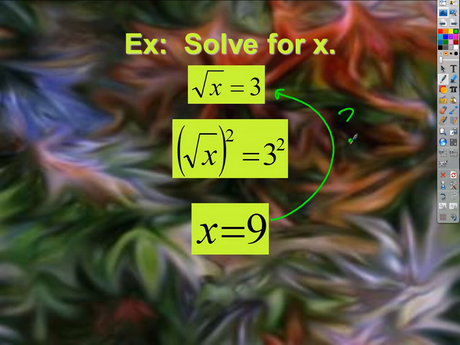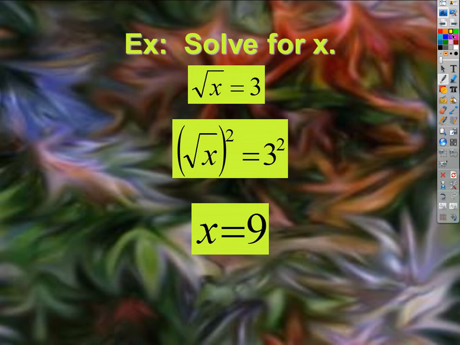Well, is the square root of 9 3? Yes. Yes, check. It works. So that's our solution, okay? What would have happened, though? Okay, I'm just going to make one next to this so we can see a good example of one that doesn't work. What if we had instead,